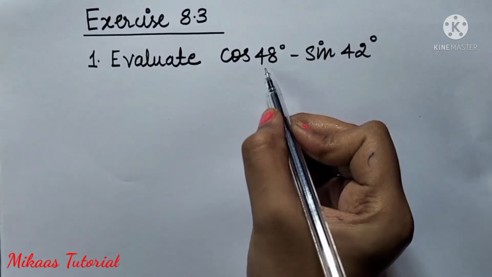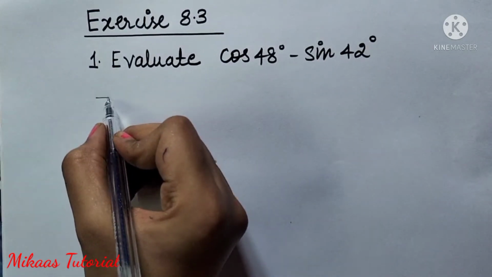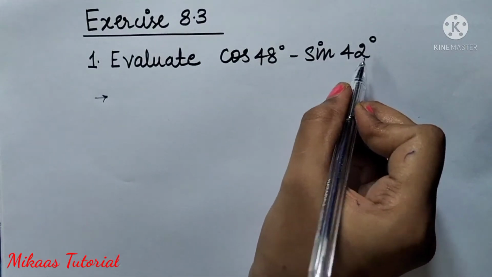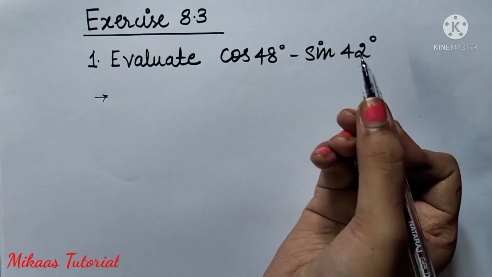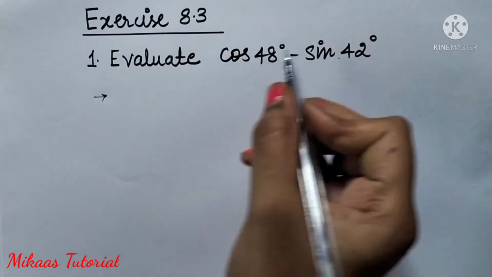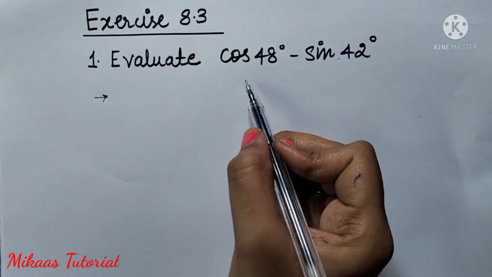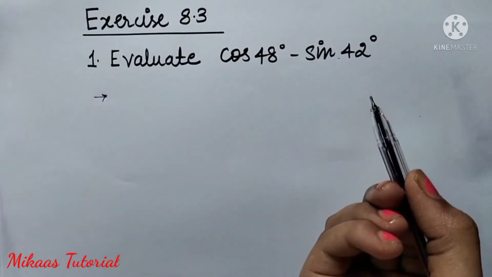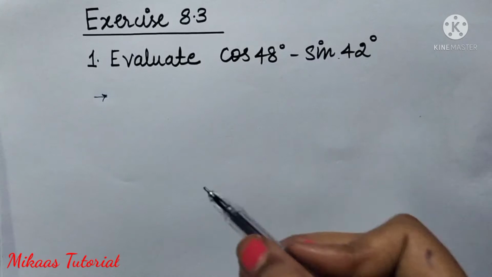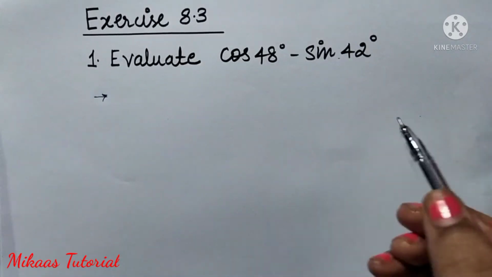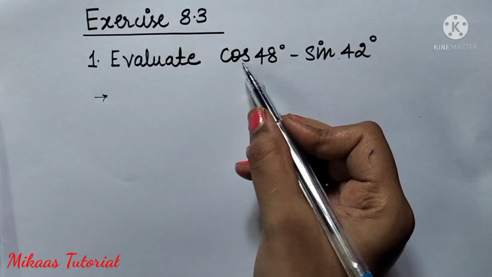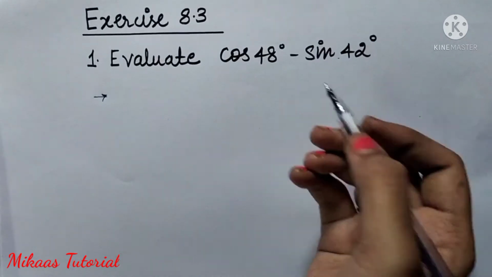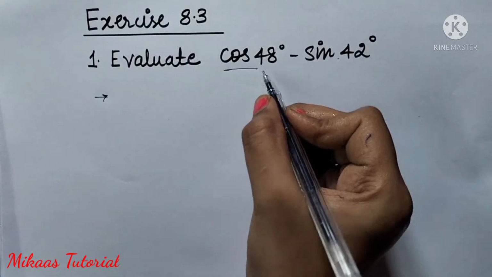Just seeing the question, first what you have to do is try to convert both of these into any one form. Either you can convert the cos into sin or you can convert the sin into cos. In this case we will convert this cos angle into the sin angle, so that we can either subtract, multiply or add. To do this, we have to consider the sin and cos in any one term. So, let's change this cos in terms of sin.